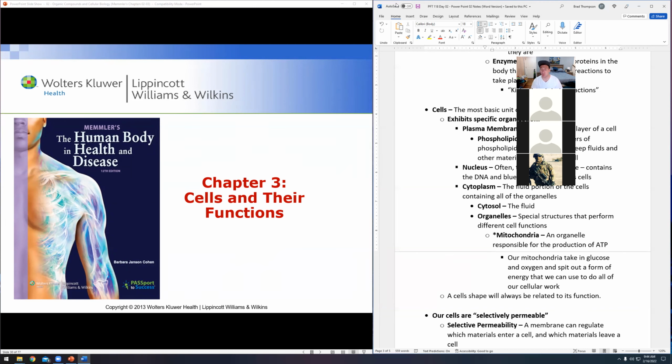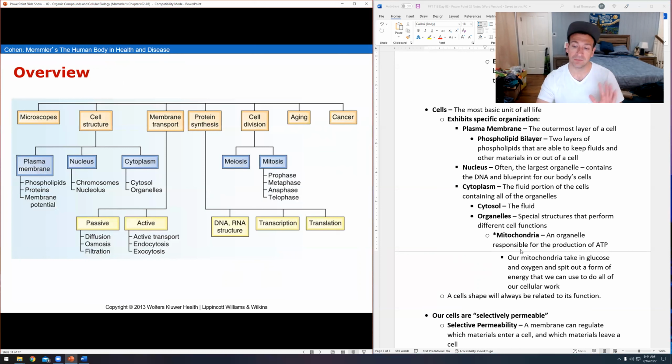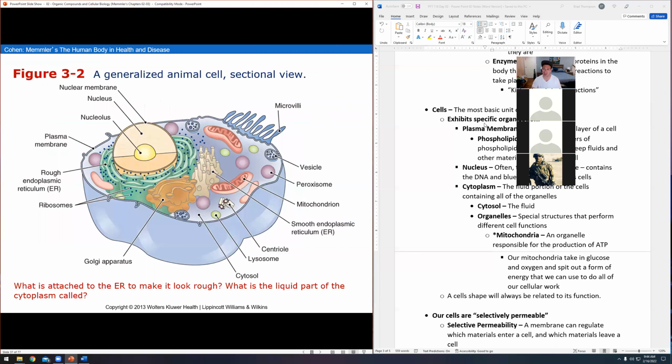Okay, so we're gonna start talking about cells. Cells are sometimes a little hard to visualize. So when we're talking about our cells, and this is going to help us understand the various types of cells that we talk about for the rest of this course, right? We talk about muscle cells, bone cells, neurons. So we're going to look at a general cell today. Now, what's ironic about what we're going to see, if I pull this up, you actually don't have any cells that look like this. This one's kind of funny. This is your classic biology class cell.